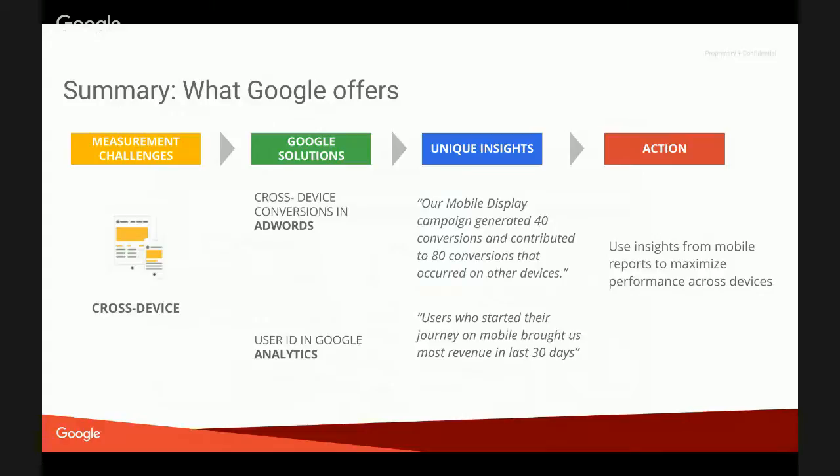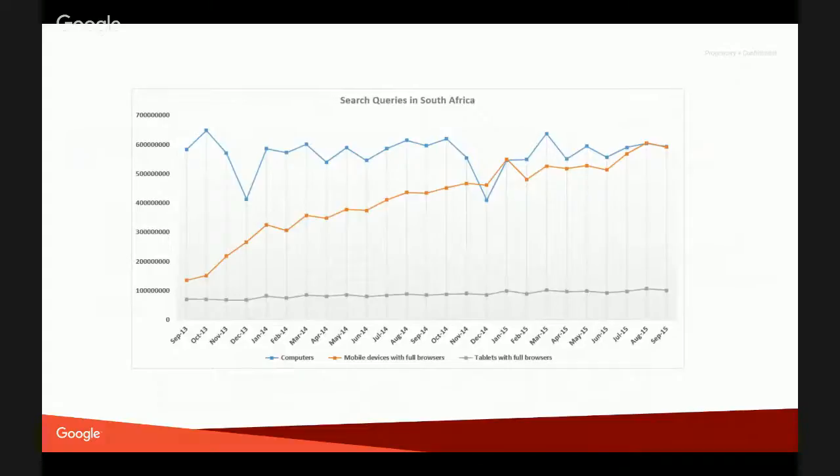So the idea is definitely to implement and use at least one of these, I would say. On this slide, you can basically see a graph where we display the search queries in South Africa to give you a little bit more of a perspective. So basically, the first line, the blue line, is the traffic coming from desktop, so from the computers, and the second orange line is the traffic coming from mobile devices with full browsers, and the bottom one is the tablets. So basically, what we wanted to show you is the increase of mobile searches and traffic coming from mobile,